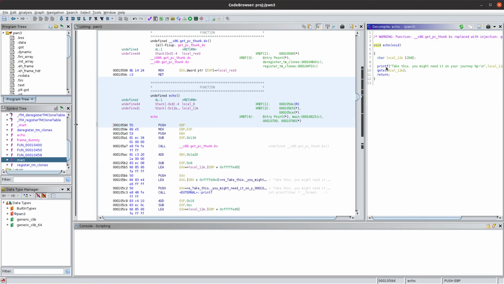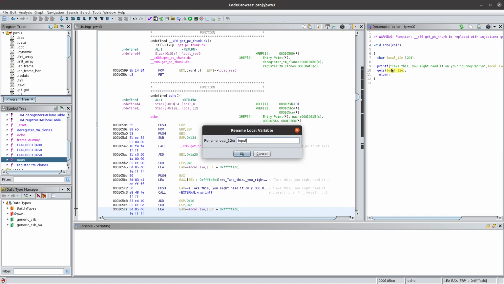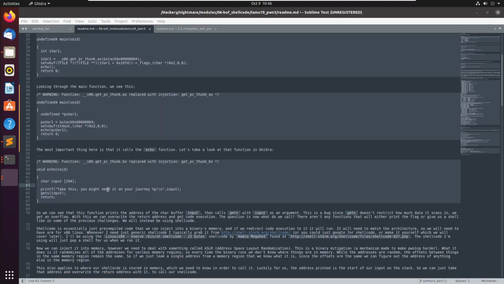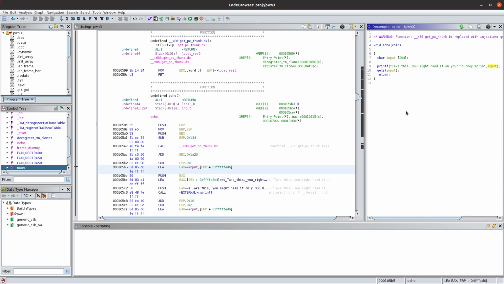Okay. This decompilation looks similar to that, just this is going to be named input. By the way, the hotkey to rename variables in Ghidra is L, or at least default. I'm pretty sure you can change the mapping. So we see this printf statement %p with the stack buffer, so this is a stack info leak, and then it calls gets. So what's going to happen is we're going to effectively overwrite the return address, and